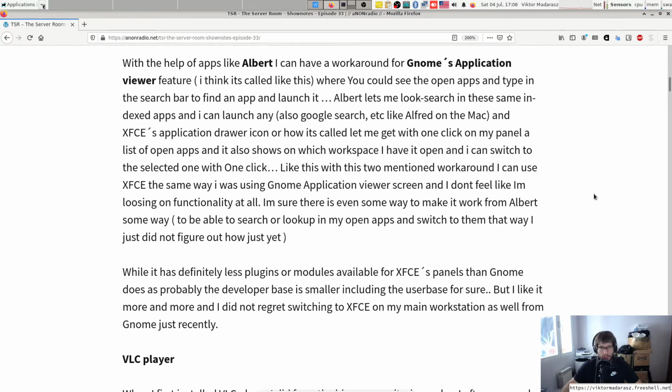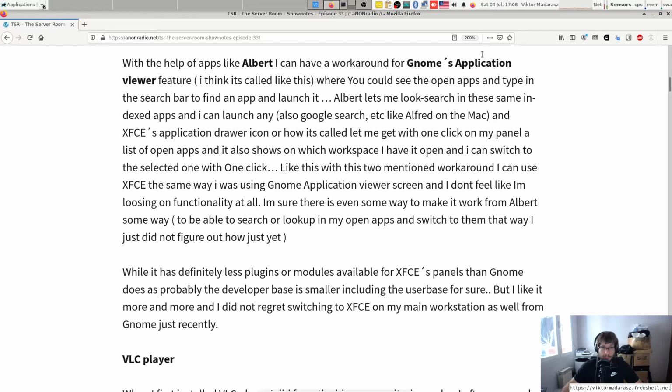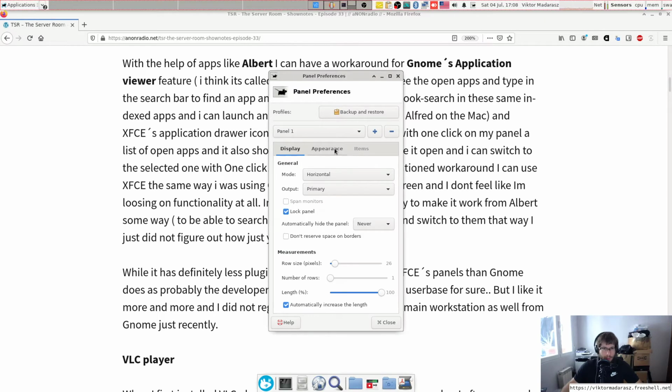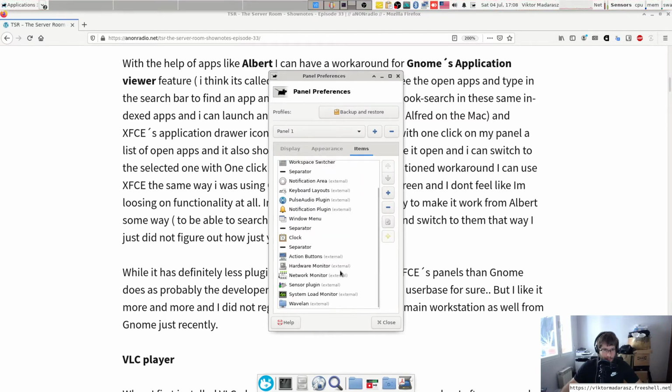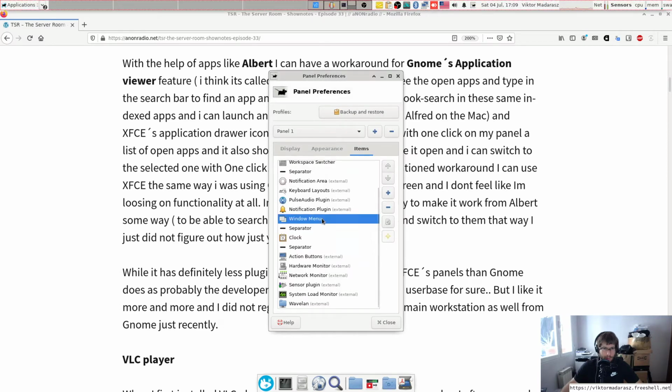But combining these two things, Albert and this XFCE application drawer or app viewer, I don't know what's the proper name for this module. Let me see if there is a chance to see it very quickly. Items, action buttons. Where is the clock? Action button, I think in the panel it's called action buttons. Is it possible? No, wait. Clock separated. No, it's called